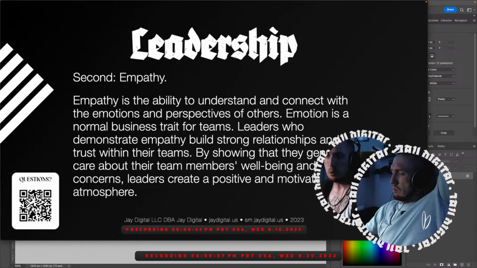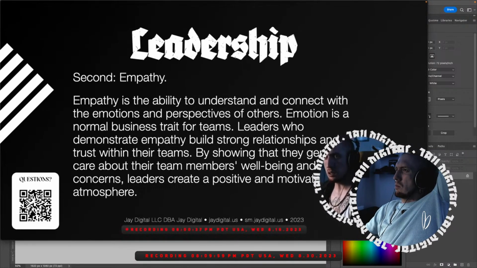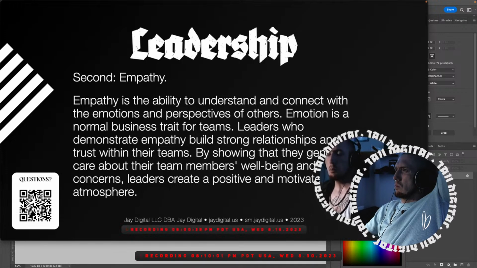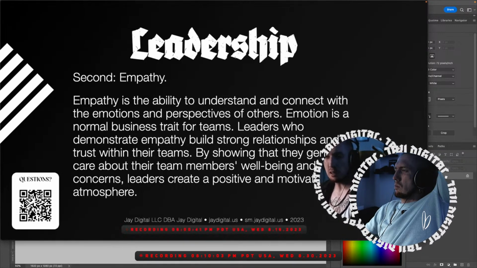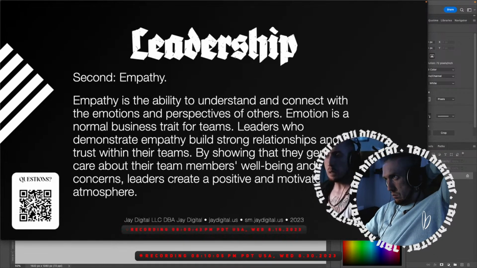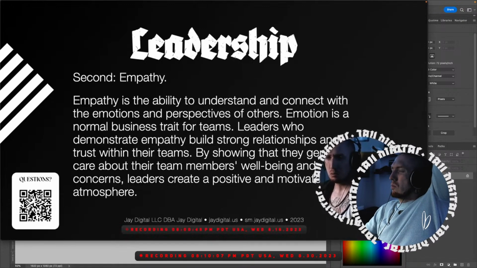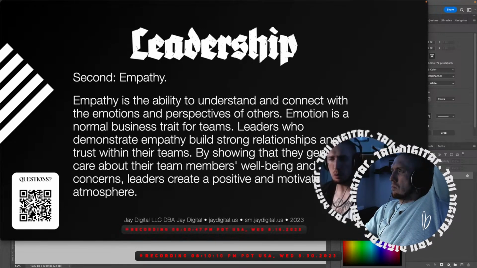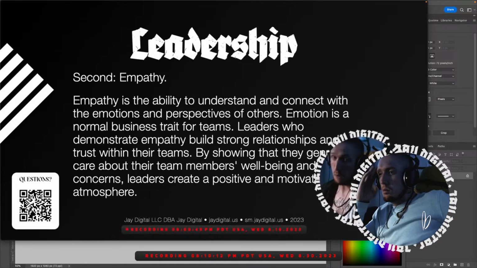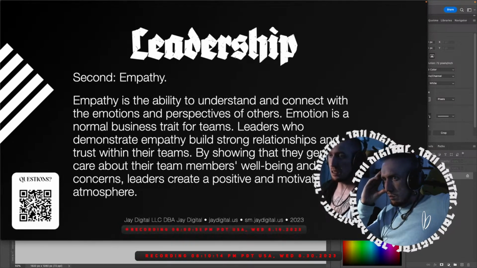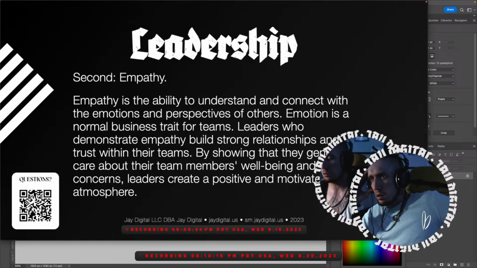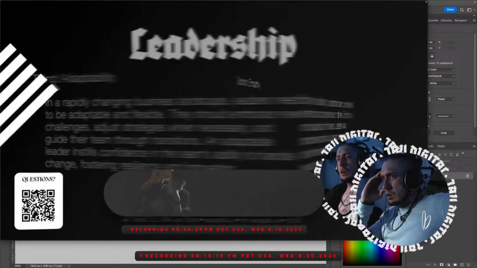Leaders who demonstrate empathy build strong relationships and trust with their teams. By showing that they genuinely care about their team members' well-being and concerns, leaders create a positive and motivated work environment or atmosphere. And it's very similar to the first communication point.